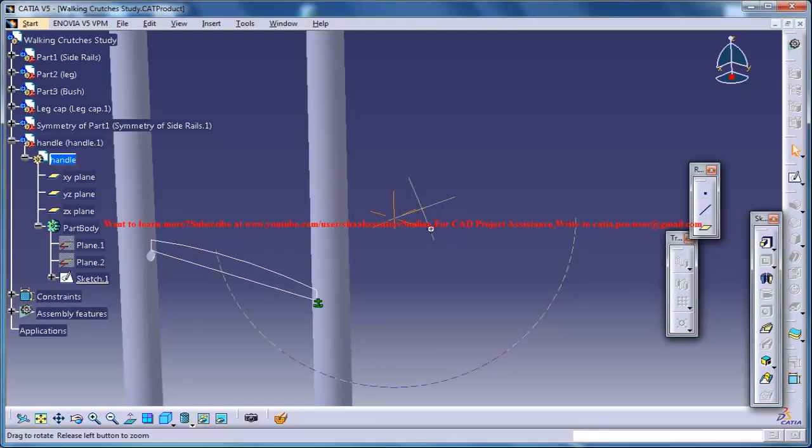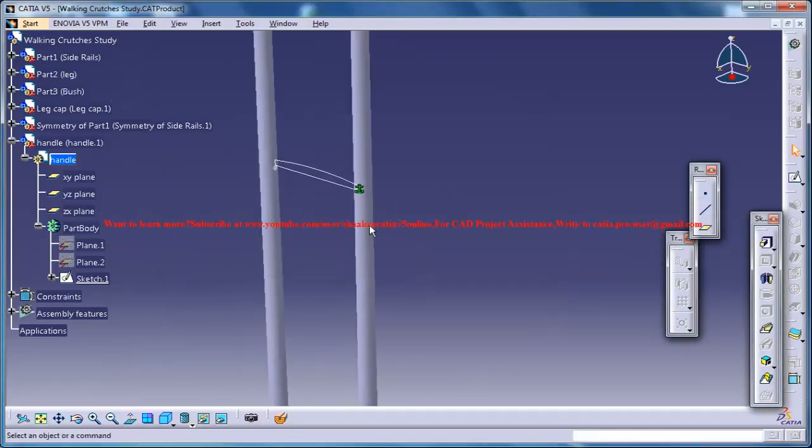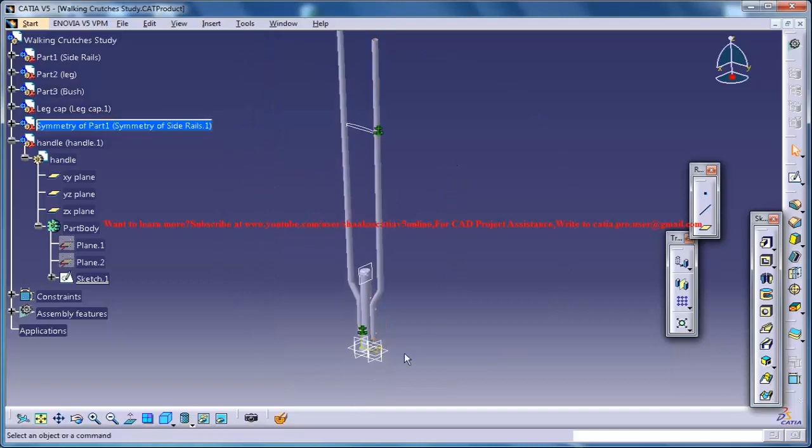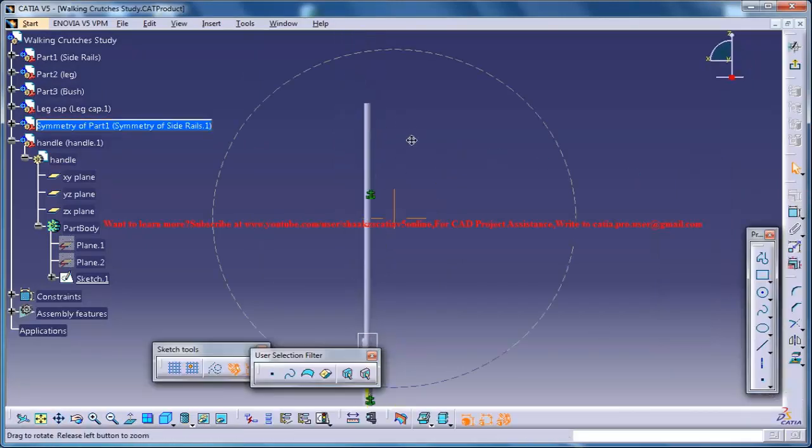So for creating that line, what you can do, you can just come to this particular part and then just click on the sketch, zoom in,